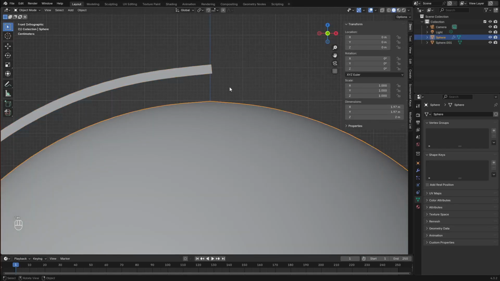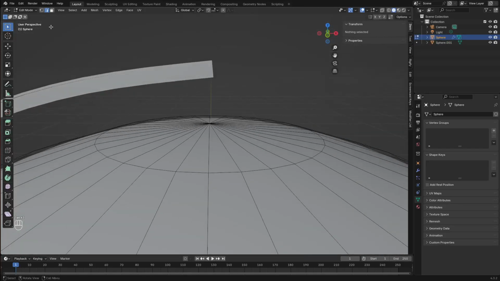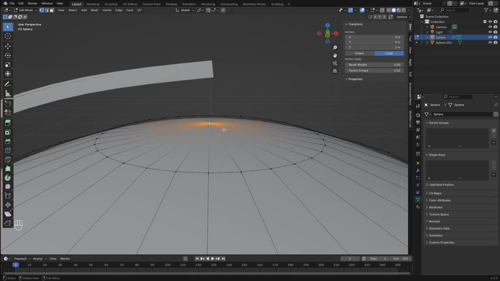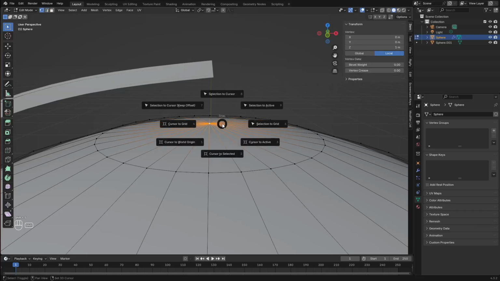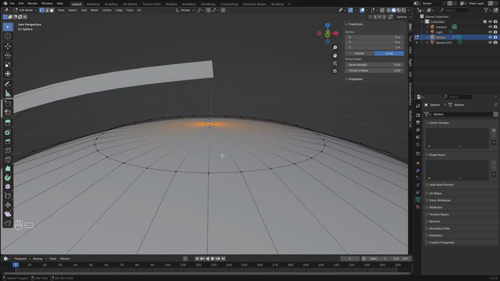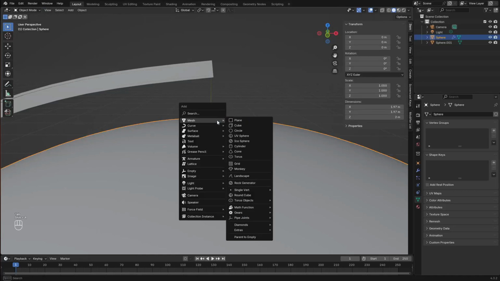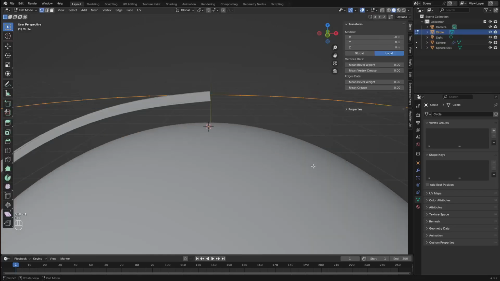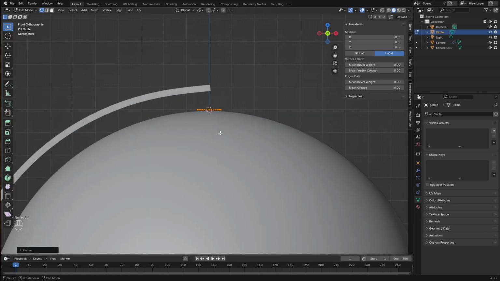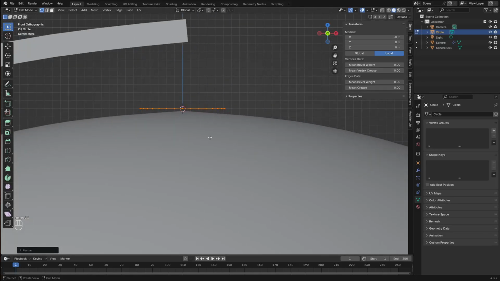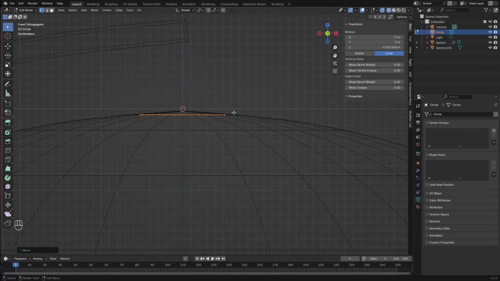Nextly, I'm going to add this part here. I'm going to go to the vertex select mode, selecting my vertex, pressing Shift S to get this pie menu, putting cursor to select it so my 3D cursor jumps onto the vertices, going back to the object mode and adding in a circle. I'm going to scale down the circle because it's not flat area here on top. I'm going to the front view and pulling it down a bit so it's actually inside of my mesh, scaling it down a little bit more,